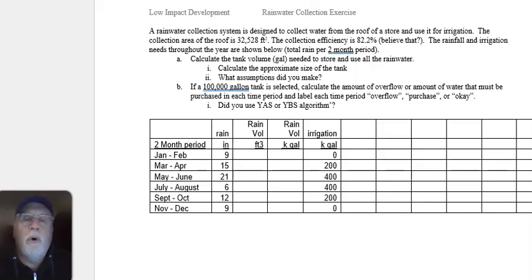I'm going to go through the rainwater collection exercise. You can follow along and fill it out as we go here. So what we have here is a store, and we want to collect the water off the roof and use it for irrigation. We're given the area of the roof and then the efficiency of our collection, 82.2%, and that's